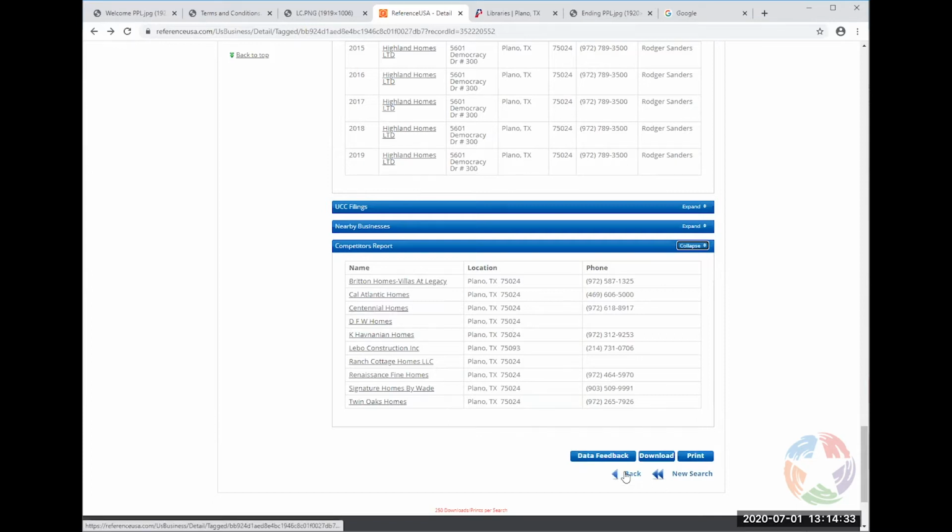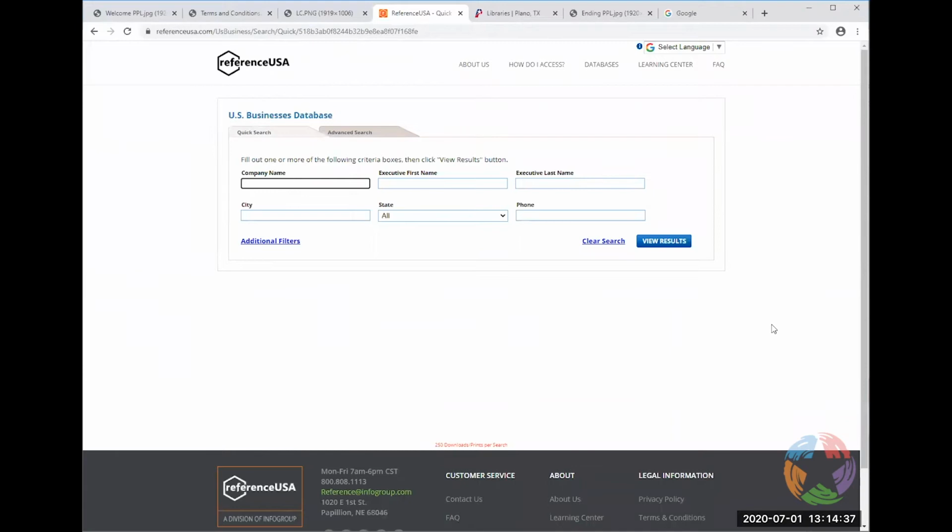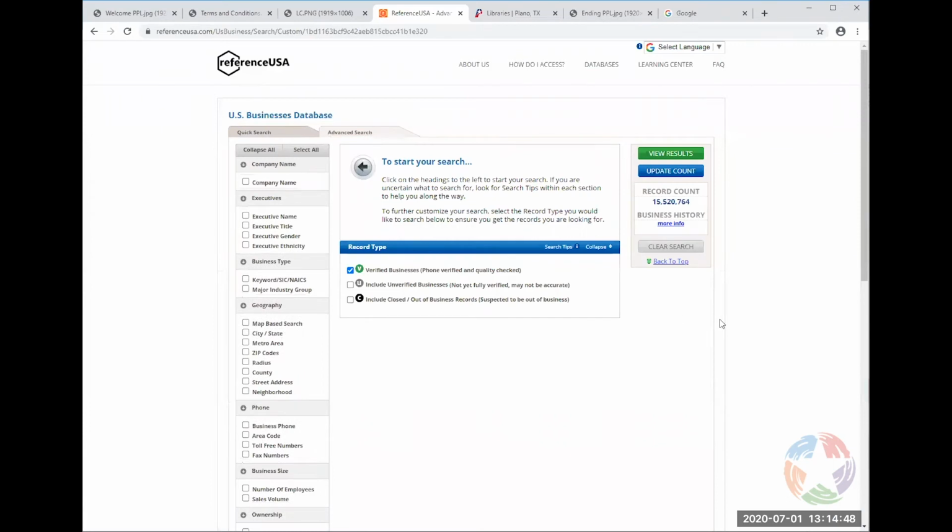Okay. So I'm going to actually go and do a new search now, because while this is nice, what you're probably going to want to do is the advanced search. And if you come here to the advanced search, okay, you can actually make a really nice list of companies to target based on whatever your needs are.